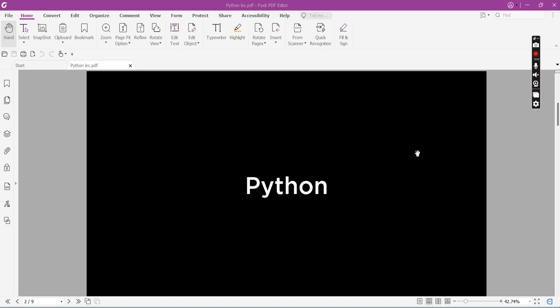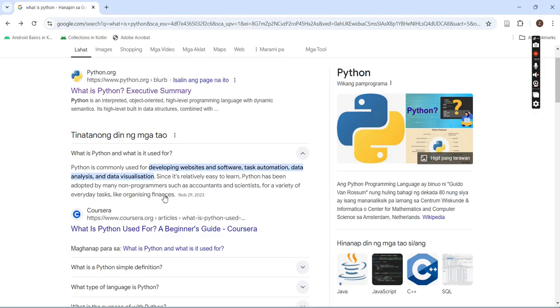So today we will be discussing Python. Python is actually a scripting language, as Google defined it. It's commonly used for developing websites and software, task automation, data analysis, and data visualization.